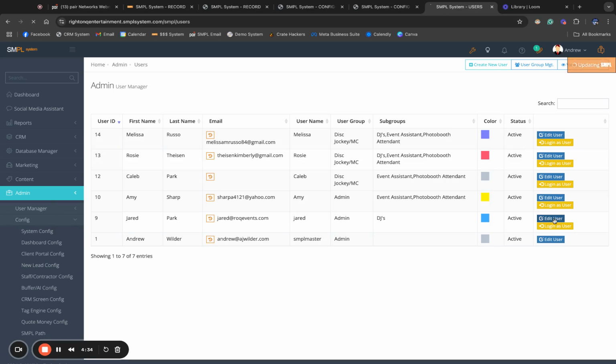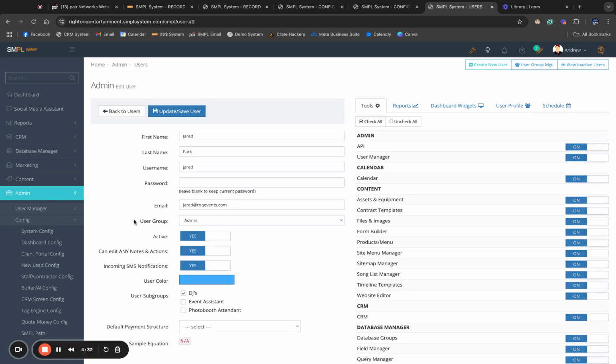Now, if you were to go into your user manager, where you can edit a user, you'll notice that there's a user group column right here, and you can choose what group you want to put this new person in your system as. Each of these groups, you can actually set the permissions to what they have access to and what they don't